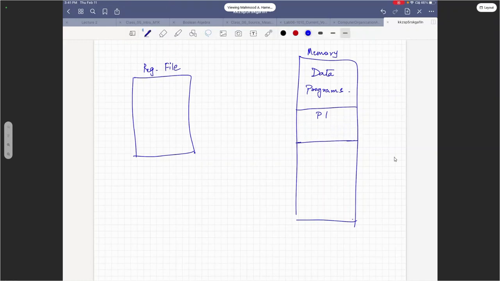And you may have another P2, second program, and then maybe P3, a small program. So your memory can be a bunch of programs. Okay, now these programs or these instructions, set of operations, could have